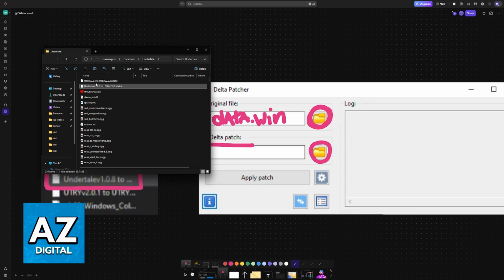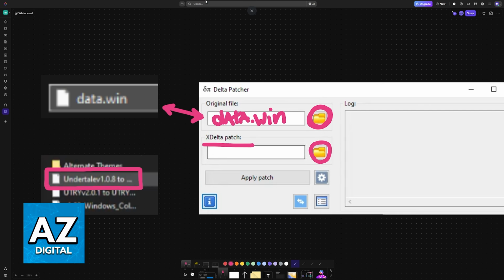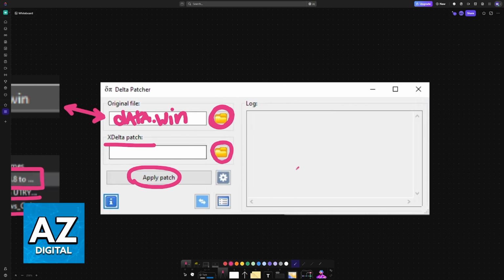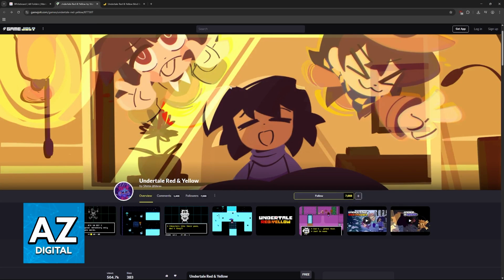You can also choose other options here if you would like to update the mod, but if you have never used or played Undertale Red and Yellow, this is the one that you want to choose. I'm not going to cover too much on what both of these files here do. And once you select it, you apply the patch, and by doing this, you can go ahead and run the game, and Undertale Red and Yellow will be started.